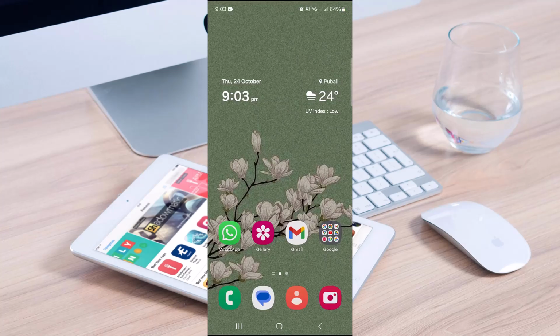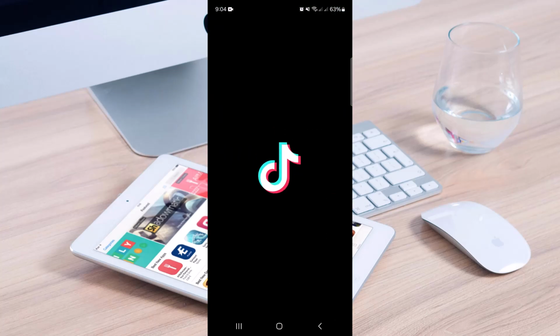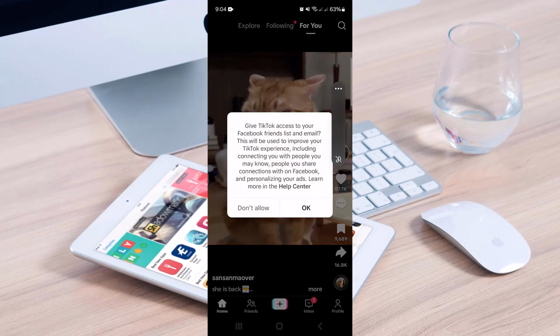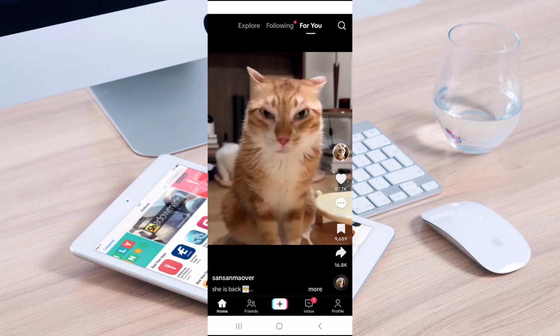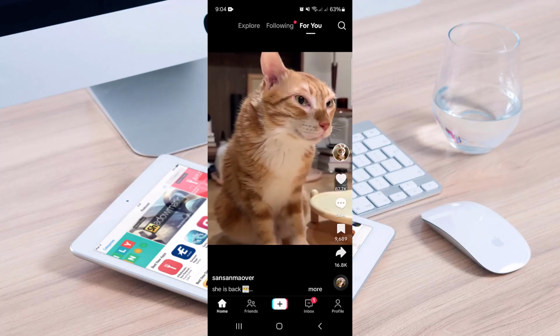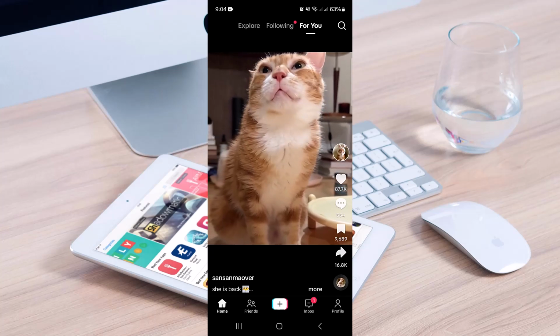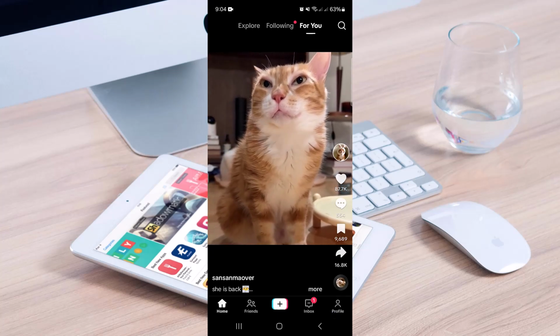In today's video, you are going to see how to recover deleted TikTok messages. So let's get right into it. Head over to your TikTok application. Once you're there, make sure you have logged into the TikTok account from which you want to recover your TikTok messages. Then head over to your profile